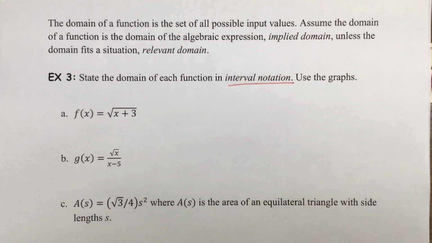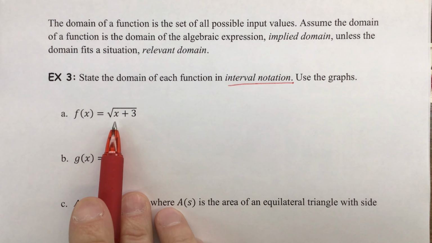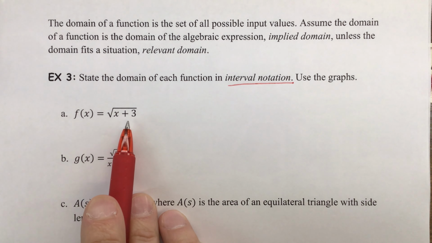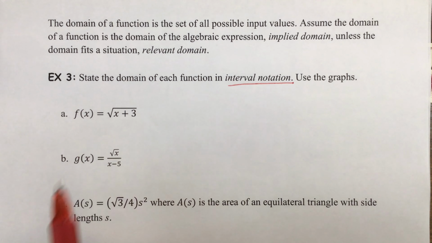Okay, and what that means is I can choose a big number for x like 100. Plug in 100, I get 103. And 103, you can take a square root of it and you get a number, which means it's part of the domain. The 100 would be part of the domain. However,